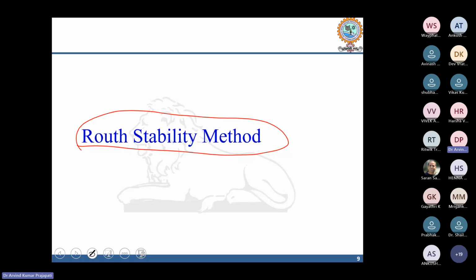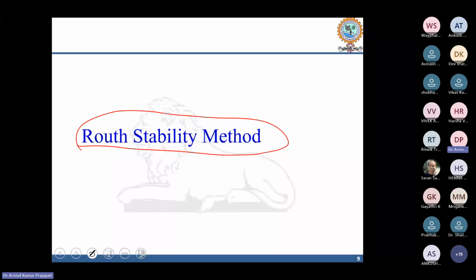So how do you use Routh stability? If the system's characteristic polynomial is given, you have to construct the Routh stability table, and then from the table you may comment whether the system is stable or unstable by looking at its first column. In the first column, if any row has a negative element, then we can say the system is unstable, and if all the elements in the first column are positive, then the system is stable. The same technique we are using here in model order reduction. So how are we using it? I will tell you here.